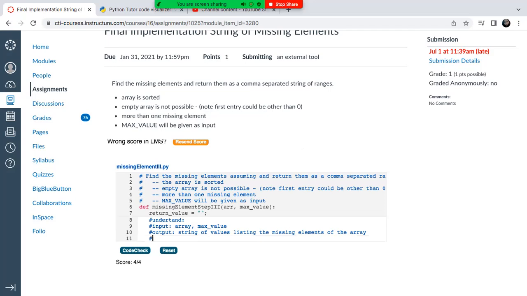So let's give an example problem. If we have an input of 3, 4, 5, 8, 10, and a maximum value of 12, then the output is going to be, since we start at 0, a string containing 0 to 2,